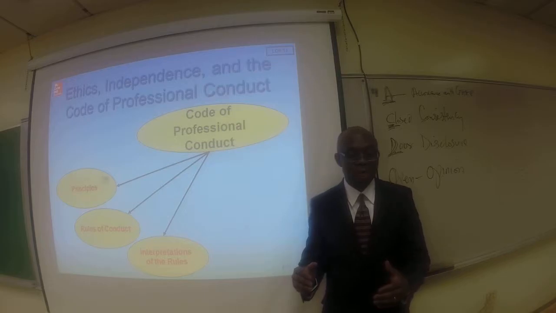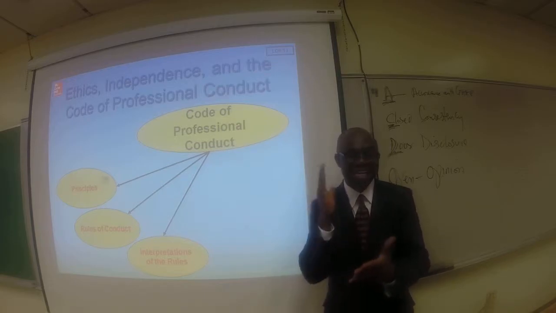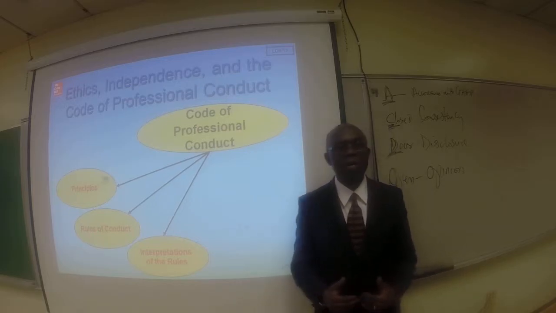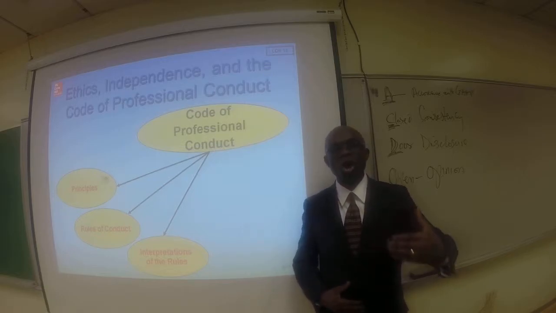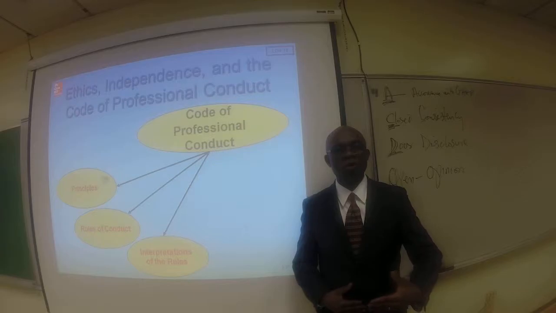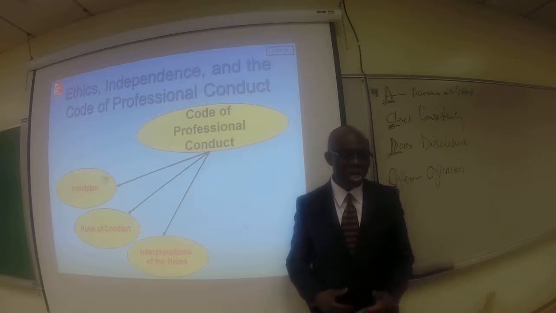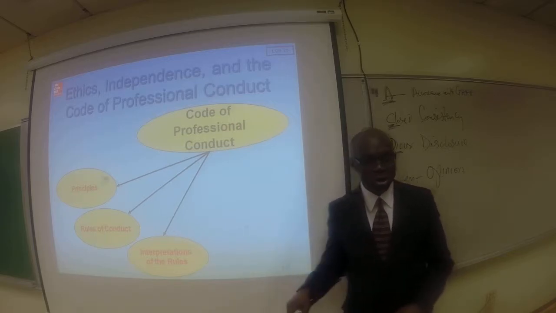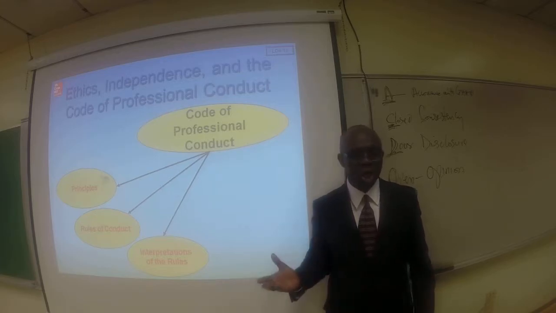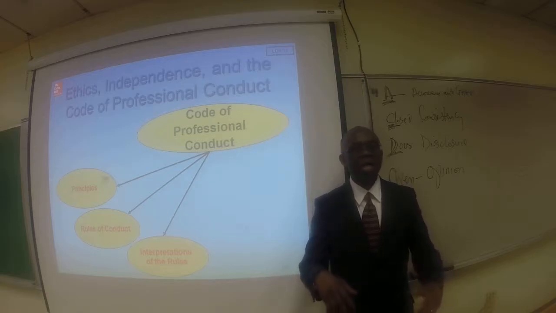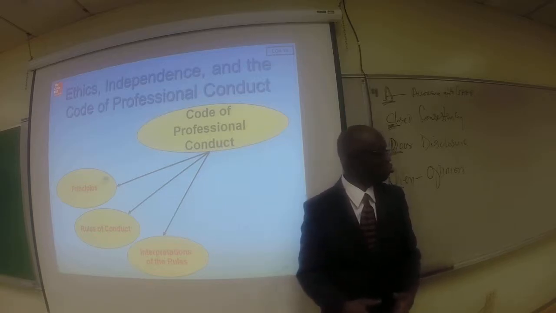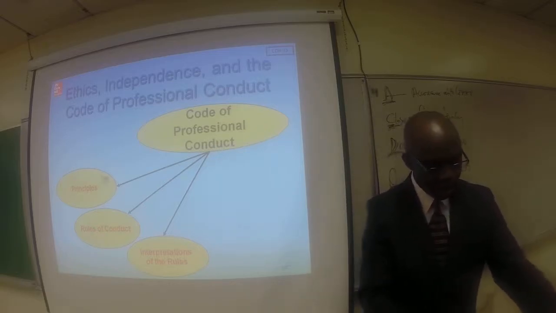Now let's take a look at the rules of conduct. The rules of conduct are enforceable. They are specifically defined. For example, one of the rules of conduct says that CPAs should be independent of the audit, they should be independent of the company or of their auditee. So that is a rule that is enforceable and clearly defined. Now, of course, another element of the Code of Professional Conduct will be the interpretations of the rules. So here are the rules, and there are some narrative explanations interpreting what the rules actually mean.